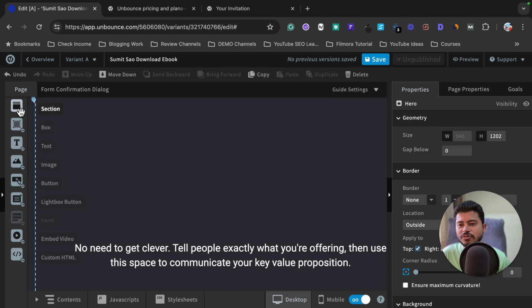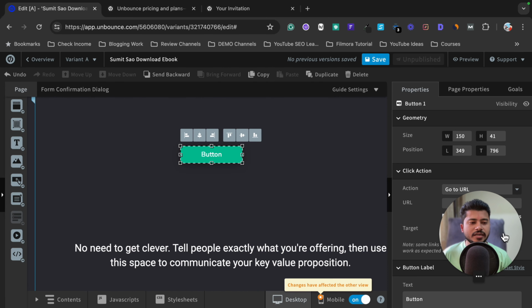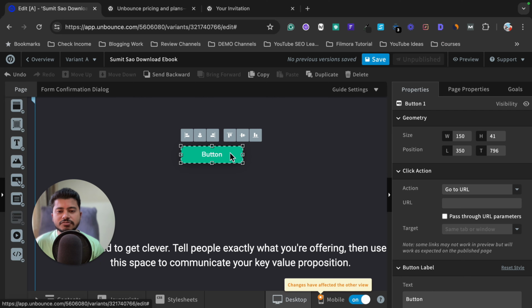So there are lots of options. If you want to add any section, box, text, image, button, lightbox button, embed video and custom templates, you can simply drag and drop the element here. Suppose I want another button here, then I can drag and drop it here. And as I already told you, whenever I select anything, I will get customization options in the right